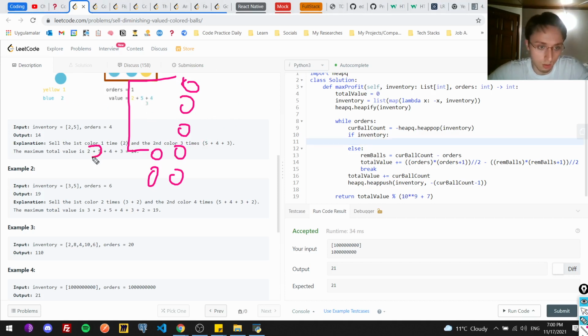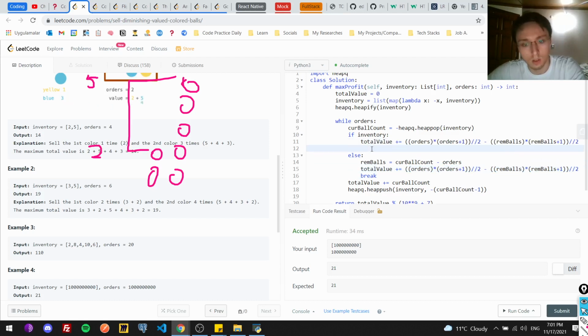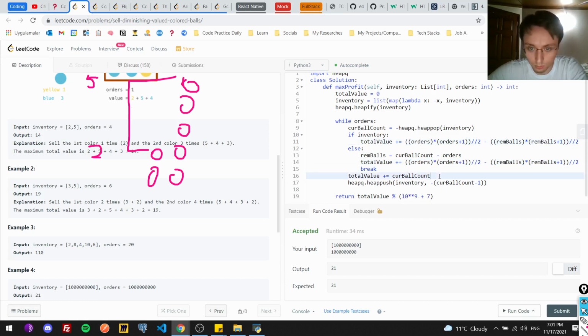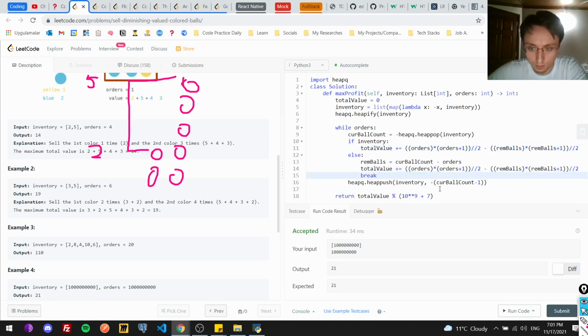And so I have 2, I have 5. How do I calculate this? I'll simply do this formula here. Actually, just simply the same thing here. I don't even need this. But at the end of this, by the way, when I pop this, I will